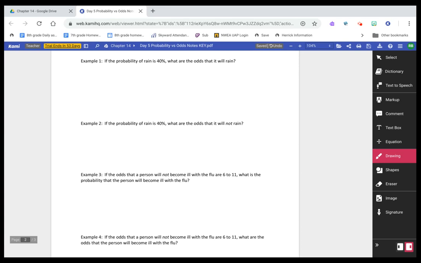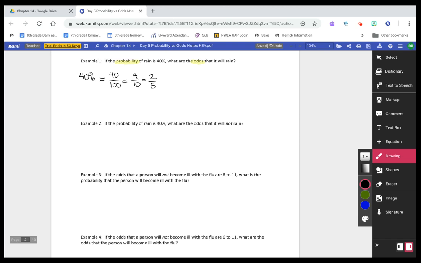Example 1 says, if the probability of rain is 40%, what are the odds that it will rain? So it starts off talking about the probability and then it wants to switch to odds. Okay, well, if we have 40%, I like to think of this as 40 over 100. And let's simplify to, well, you have 4/10 that can be simplified to 2/5. Okay, so the probability that it's going to rain is 2 out of 5 or 40%, whichever way you want